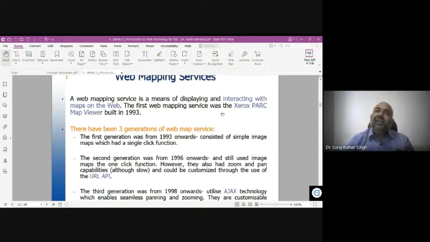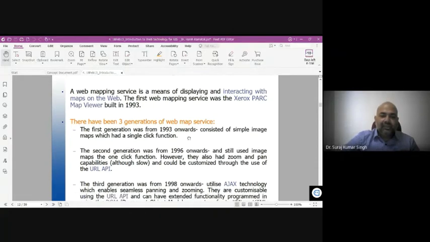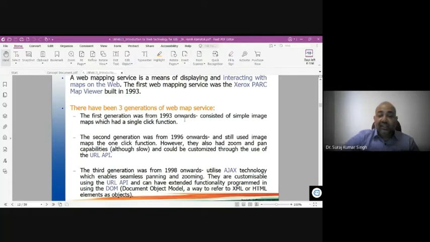GIS started long back in the 1950s or before, but earlier it was concentrated on few devices and few connections. People's data were not connected together, everyone was working separately, and the efficiency was not high. To increase efficiency, we created web map services, where the first generation, from 1993 onwards, consisted of a simple image map with a single click function.